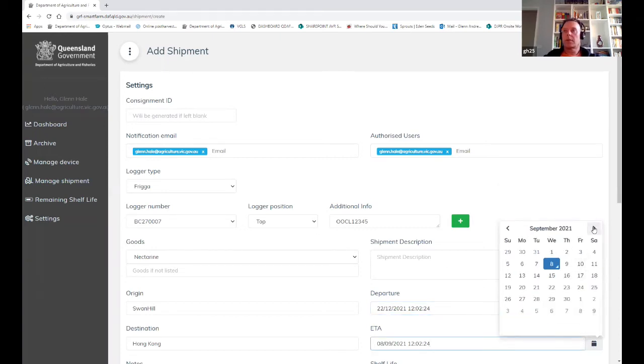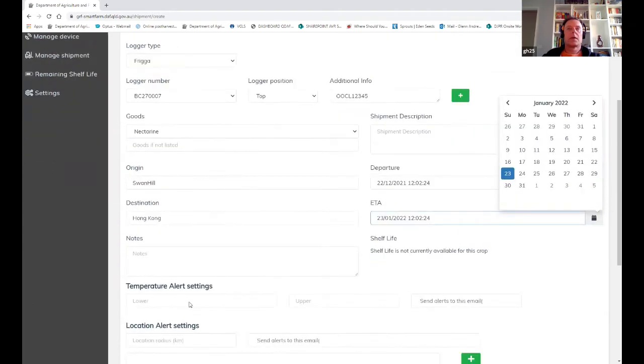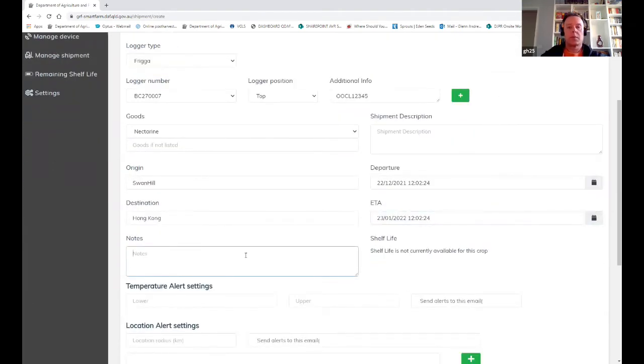And it will arrive in Hong Kong in roughly 3 to 4 weeks. Say 23rd. Any other notes here? Maybe we could put just say 7 kgf sugars, say 14 bricks.